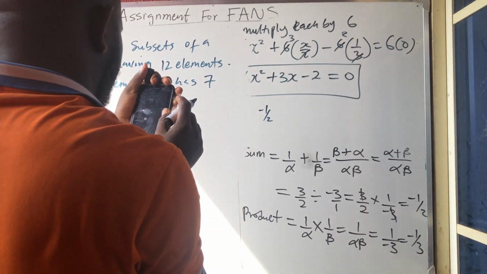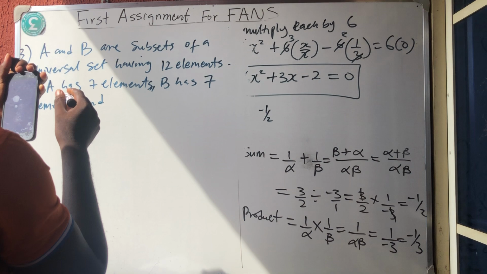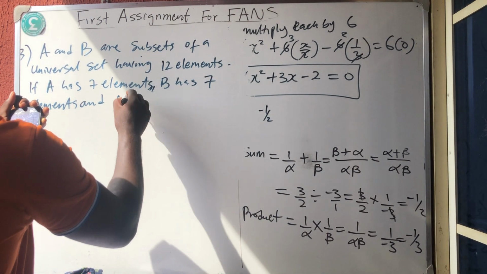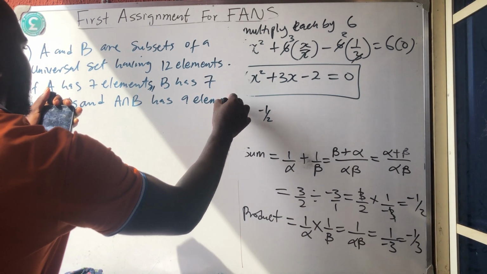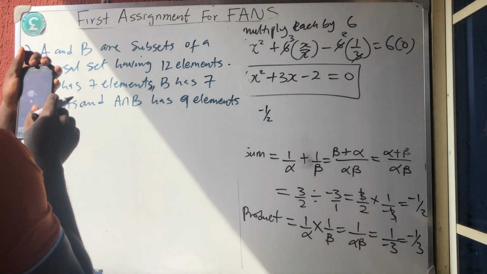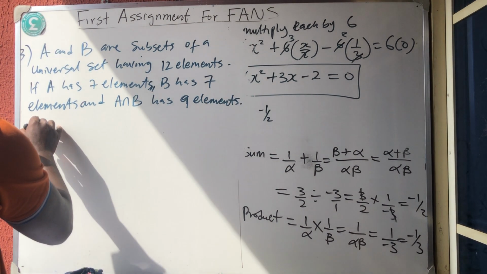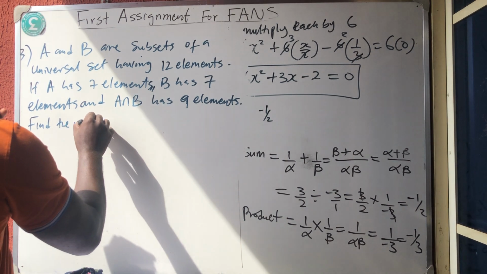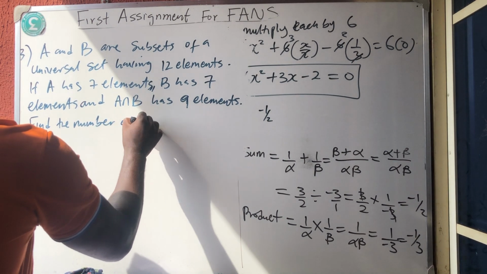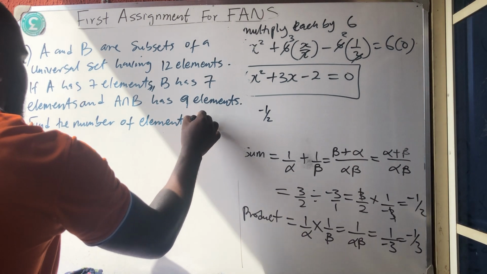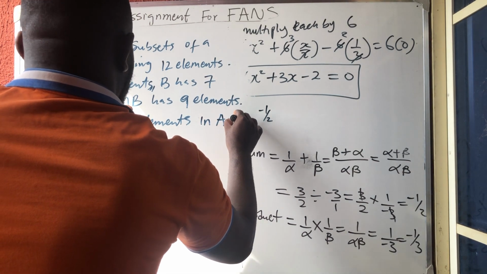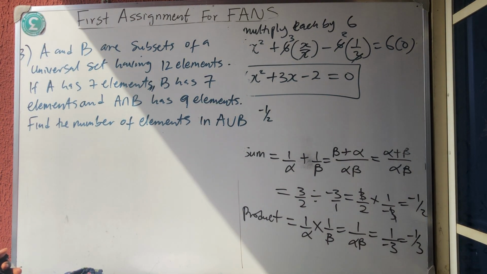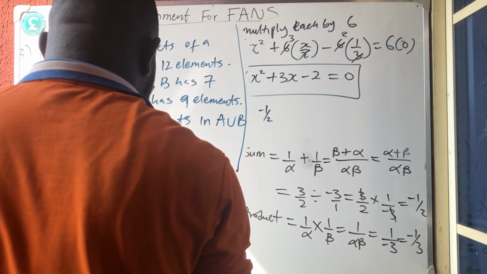And A intersection B has 9 elements. Then I say find the number of elements in A union B. Okay. Now it's very simple. I'm going to solve this thing in two ways. I'm going to solve it using Venn diagram and solving it using normal